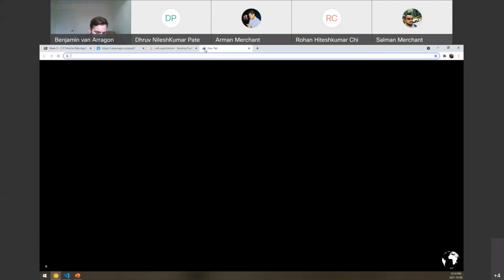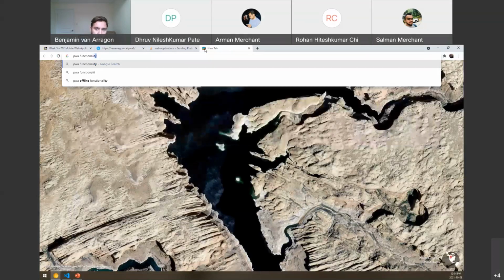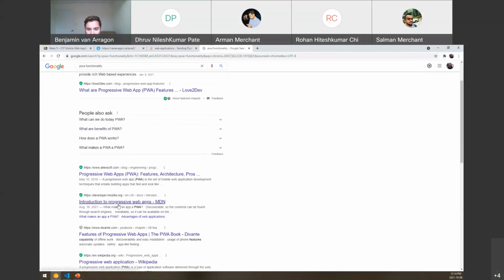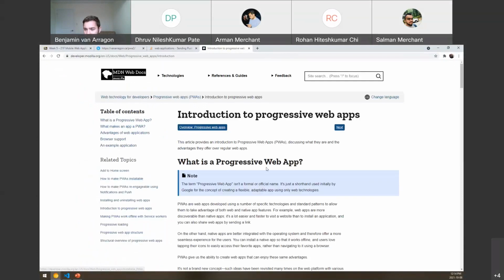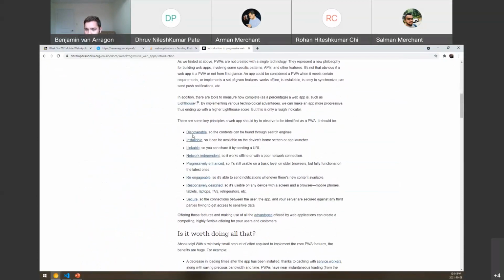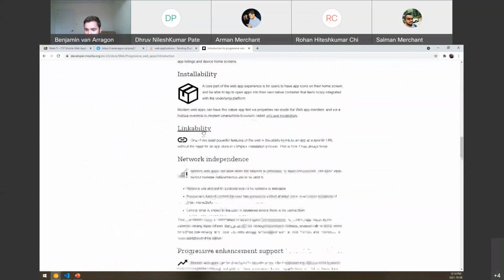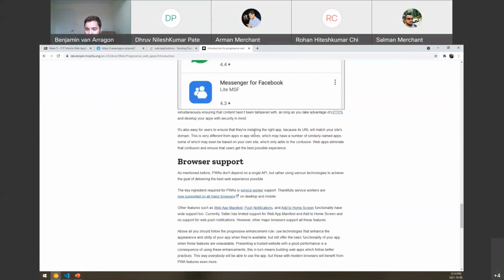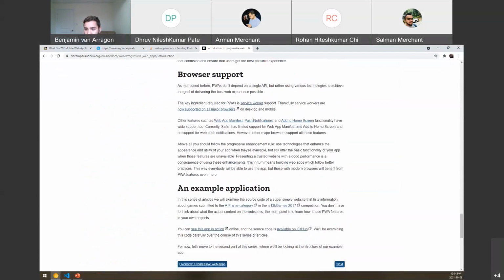There are some really good websites with everything, like this introduction to progressive apps. I believe this is it on Mozilla. All of these things: installability, linkability, progressive, responsiveness, browser support. Other features, web app manifest, push notifications, add to home screen, have wide support,